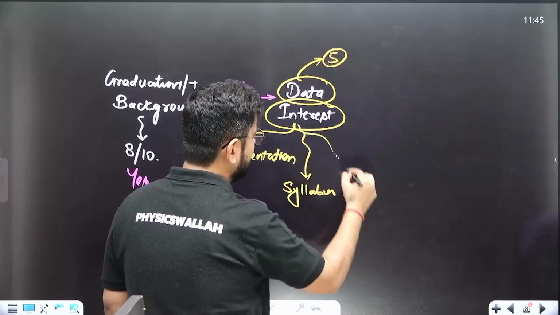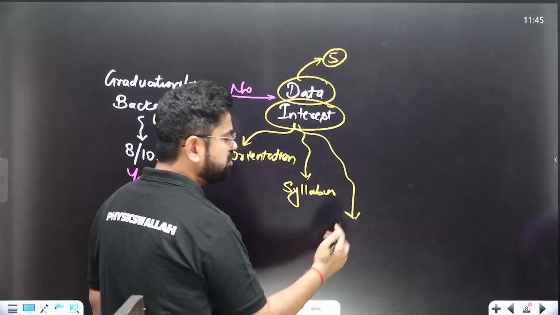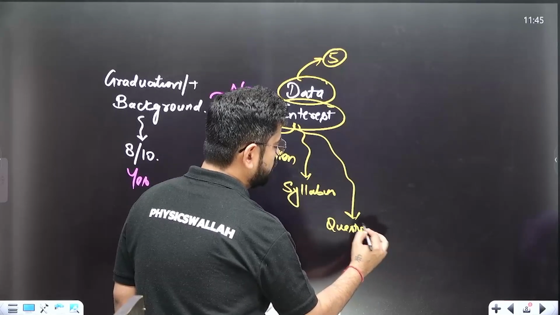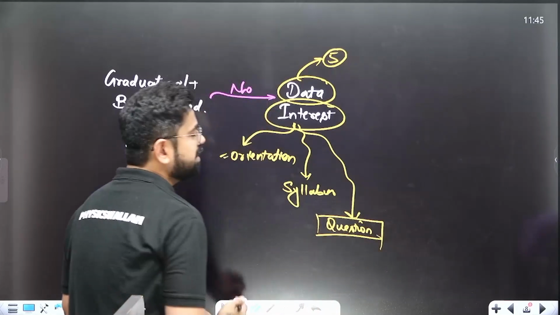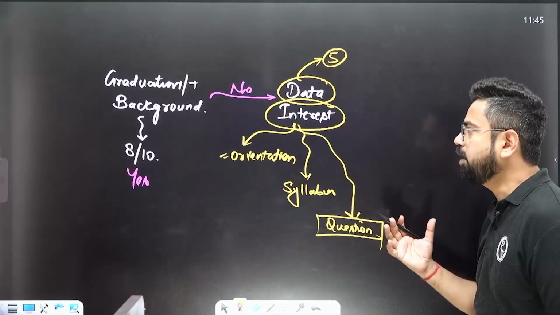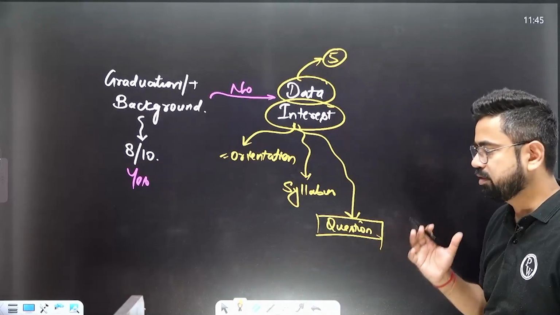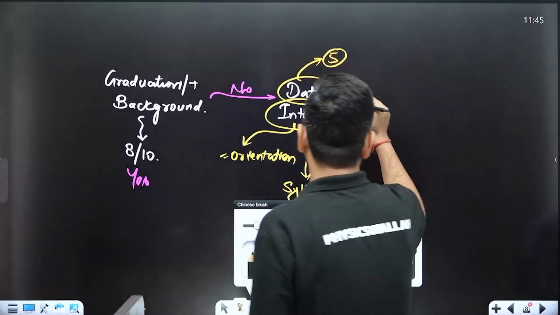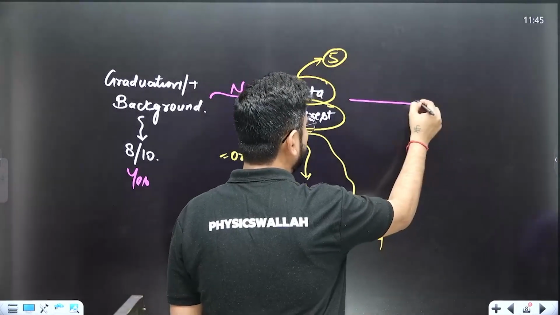And then, though it will not make much sense, at least see one question paper, right? Last year's question paper, and see if it interests you, right? And so after these 3 steps, whatever subject you feel you have interest in, then go for it. And one more step I would like you to understand is